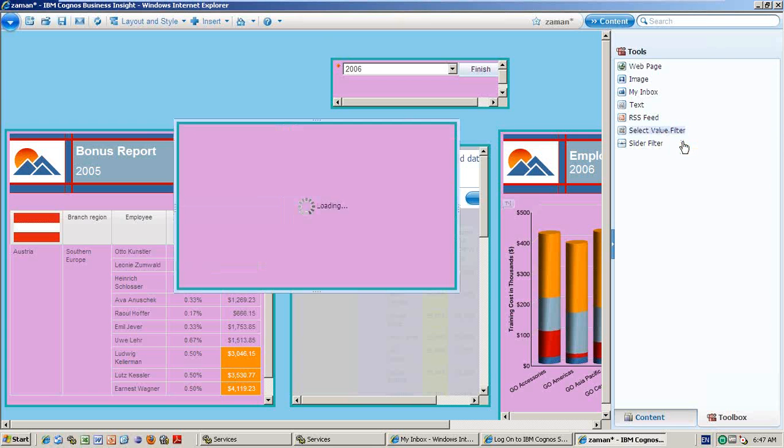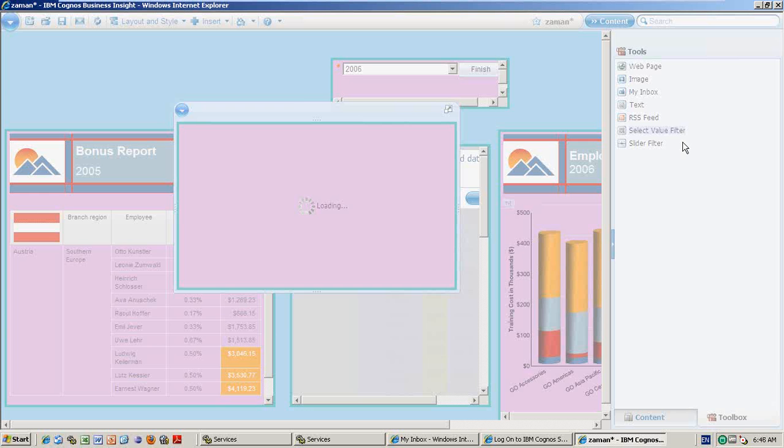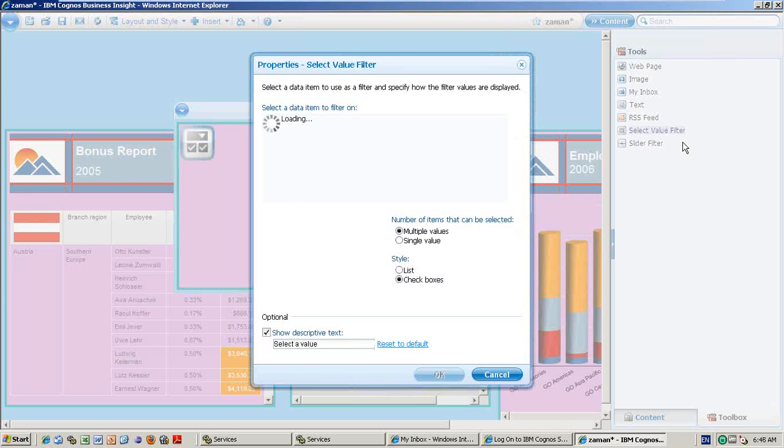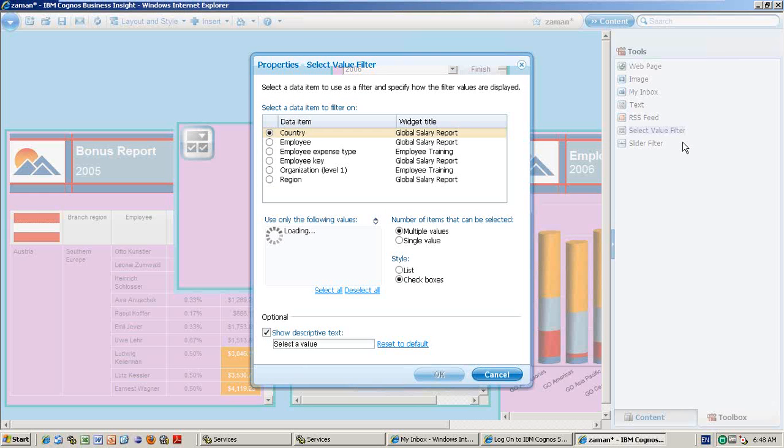So value filter means normally it is used for strings. Say for example, if you want to create a prompt, normally in Report Studio, what you will do, you will directly create the prompt page. But in Business Insight, it's not like that. It will create automatically for all the pages. Say for example here, whatever the columns are available in this entire Business Insight, say here see country, region, employee, all those things, right? All the columns will appear and then it will show you.